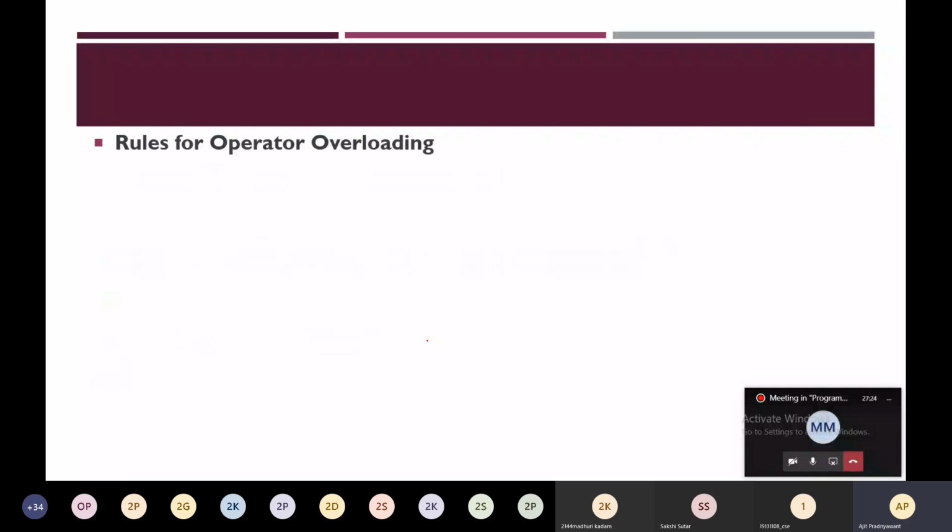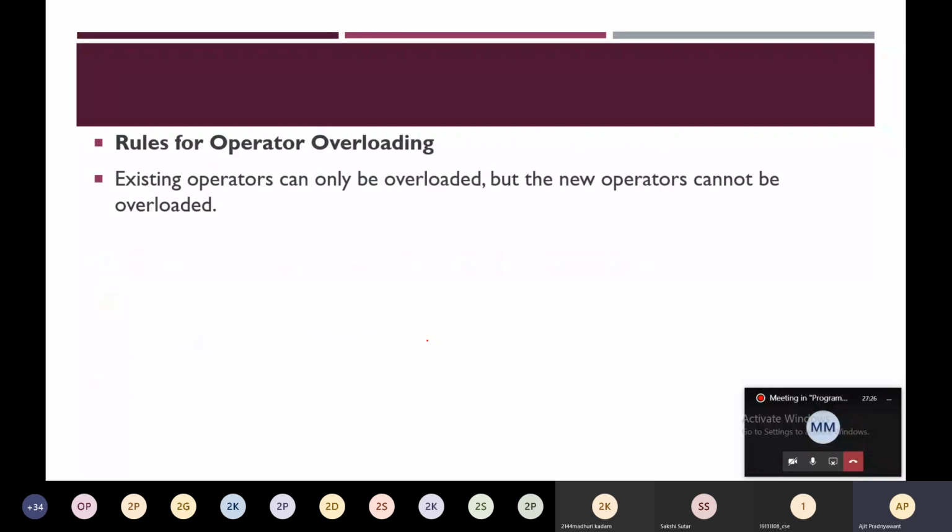So what are the rules for operator overloading? Only existing operators can be overloaded. Whatever operators are present can be overloaded, except those I have already mentioned. But new operators cannot be overloaded.